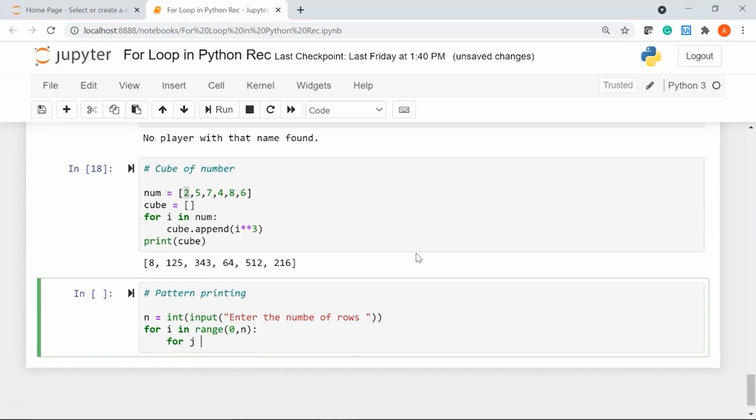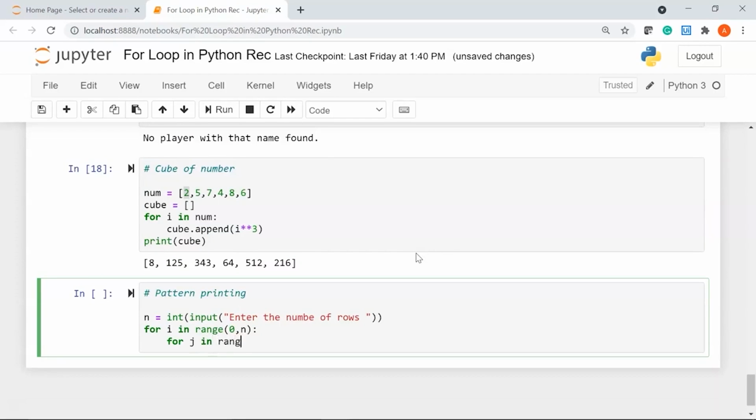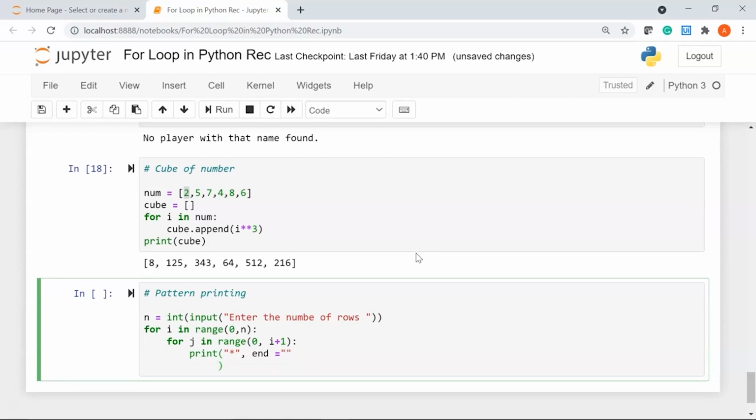This is going to be the number of columns, so I'll say for j in range 0 comma i plus 1, give a colon, and I'll print my star pattern, so I'm using asterisks, and I'll use my end parameter. I'll have my double quotations and then we'll say print